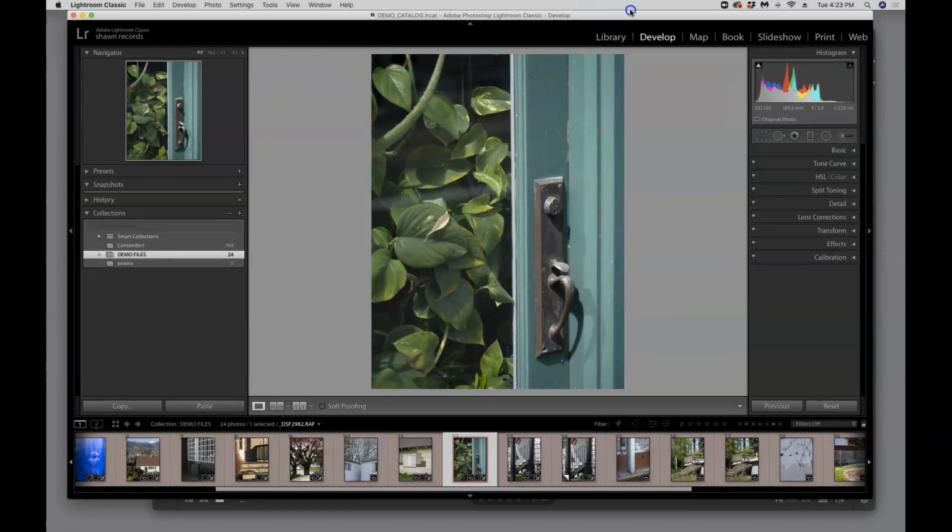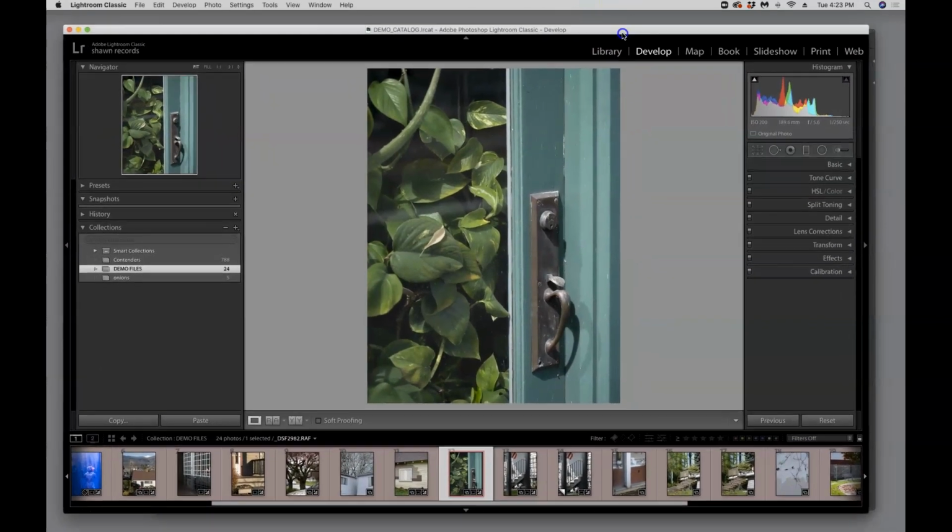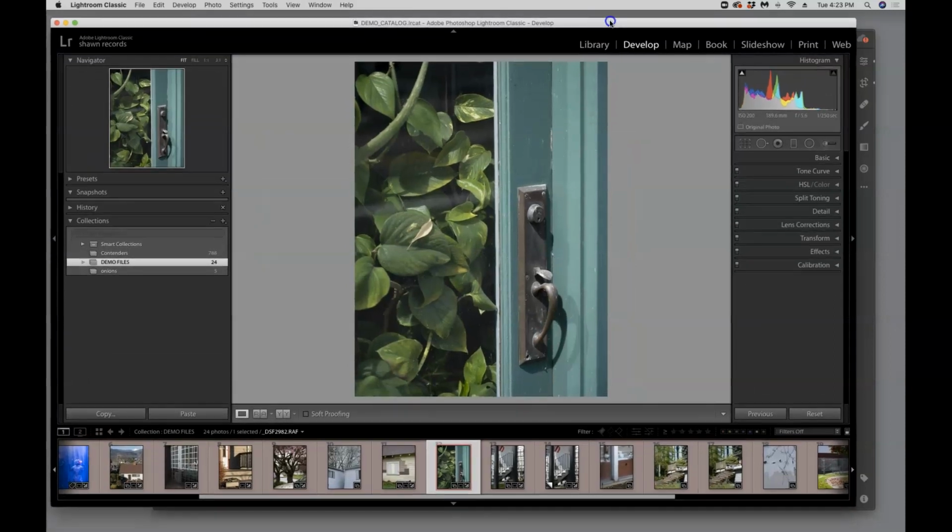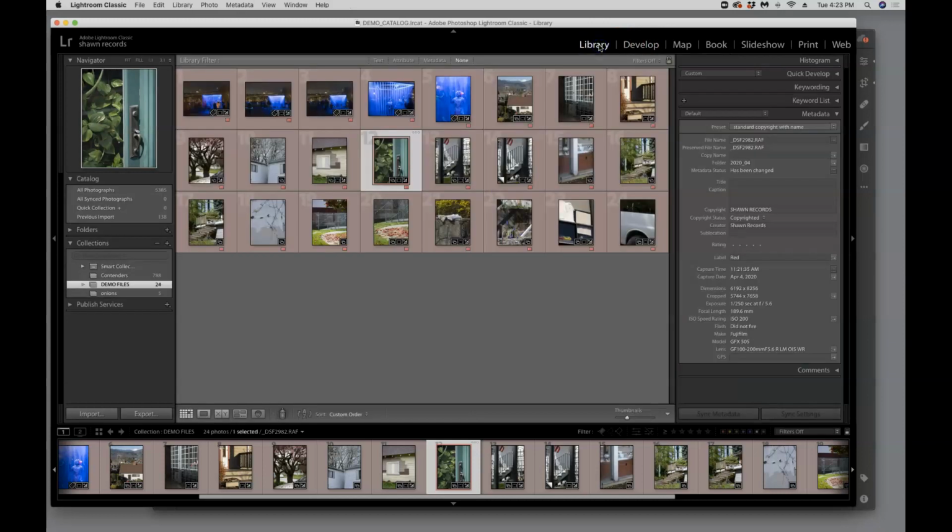So here I have Lightroom Classic. I've got both versions of Lightroom here. I'll show you how to do it in each. In both cases, this is something that you do after you have done your edits. So here I'm in the develop module. I'm going to go back here to the library, and you can see there's the photo that I've just made